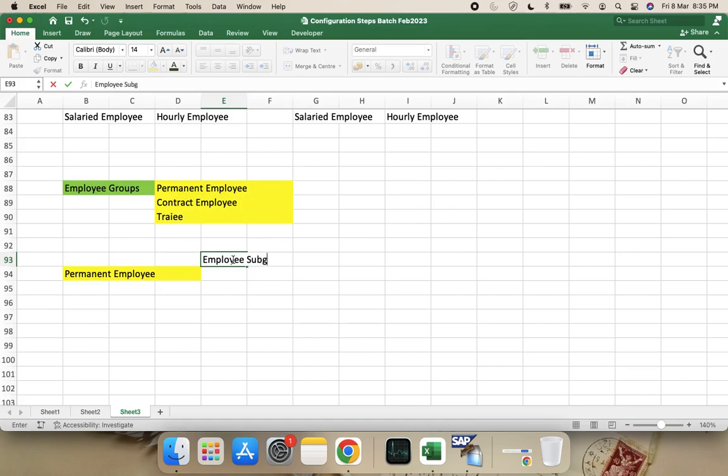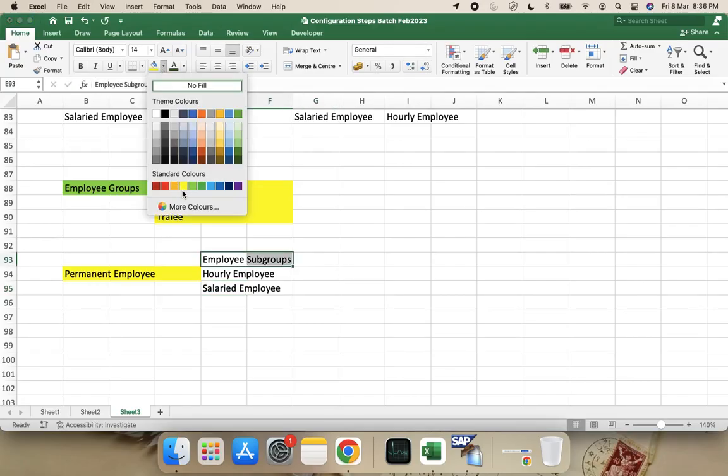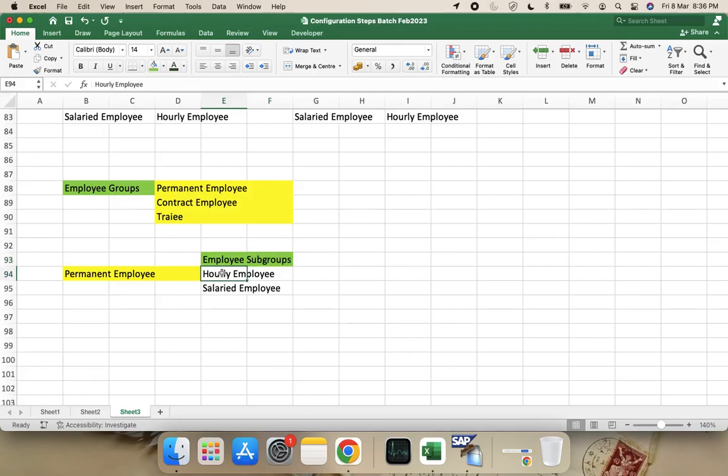So within permanent, let's say I'm creating hourly employee, and then I'm creating a salaried employee. So these are nothing but the employee subgroups. Let me highlight it as green, and